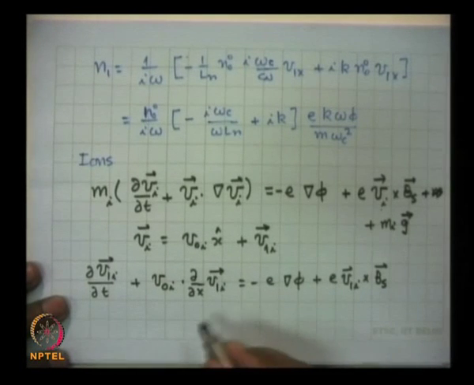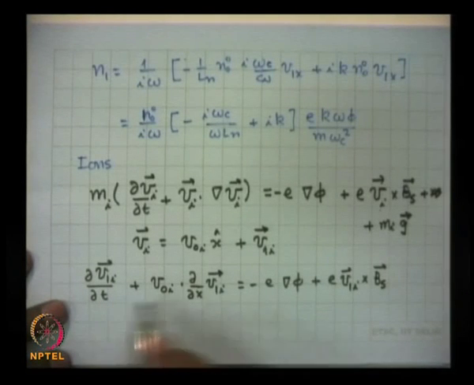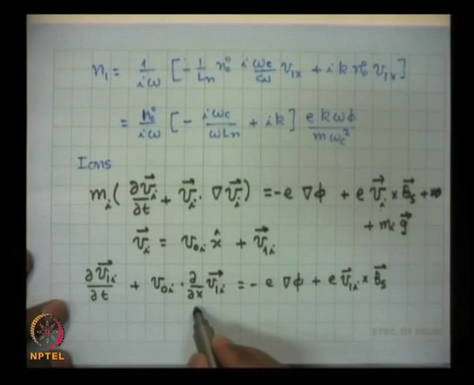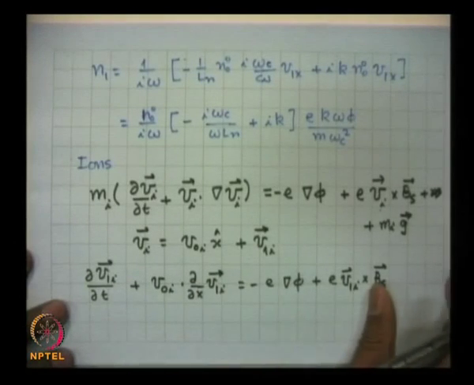This equation we have to solve is simple. Replace delta delta t by minus i omega, delta delta x by i k, and then this equation takes the following form: